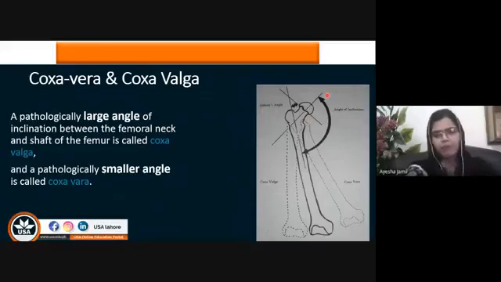You can see over here, this is the central femur with the exact boundary of the normal neck shaft angle or inclination. You can see if the neck shaft angle is low, the distal end of the femur will move anteriorly and medially. Whenever a bone moves towards the midline of the body, the condition is known as vara. So if the femur moves medially towards the midline of the body, that condition is known as coxa vara. Coxa means hip.